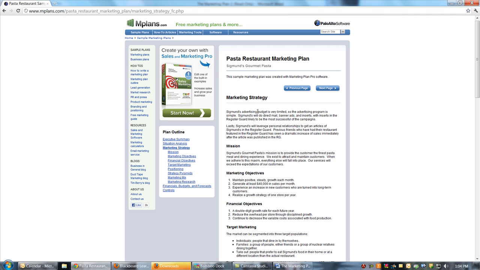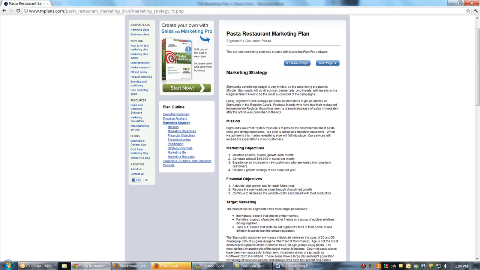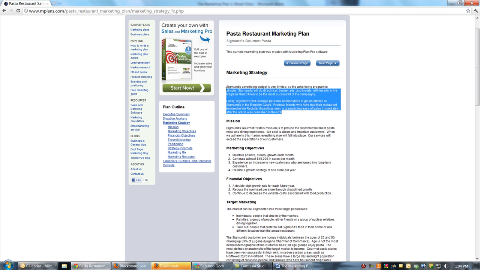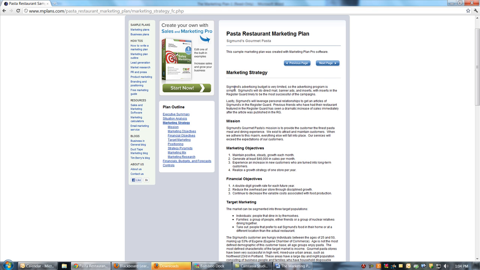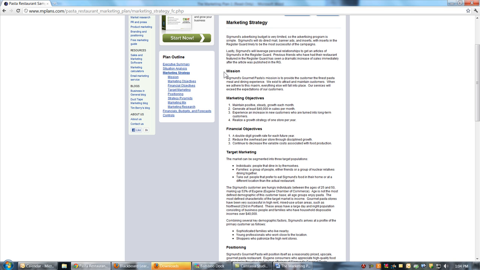marketing plan. A marketing strategy will typically be a brief summation of your positioning, what you're overall trying to do with the company. So this is really just kind of an introductory paragraph. You'll have the mission for the company. Most of you should be able to find that. If you don't, it's usually pretty easy to create a short one. You're looking at something that's 2 or 3 sentences.